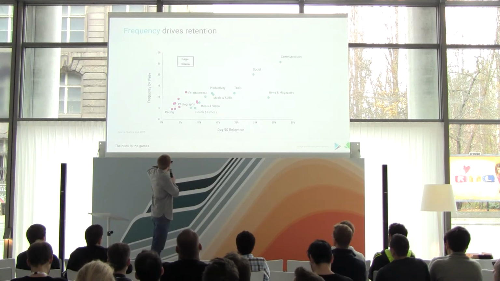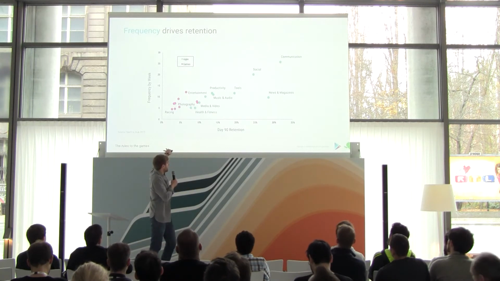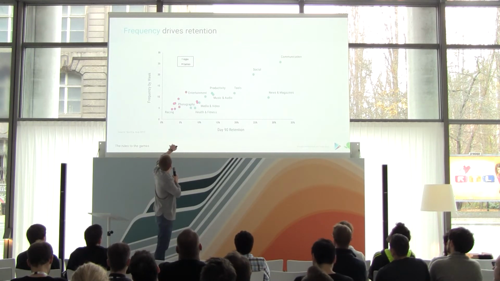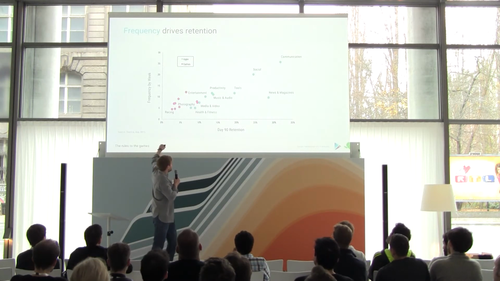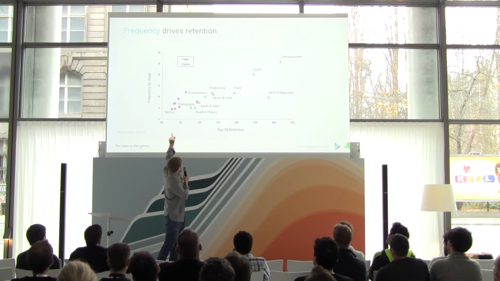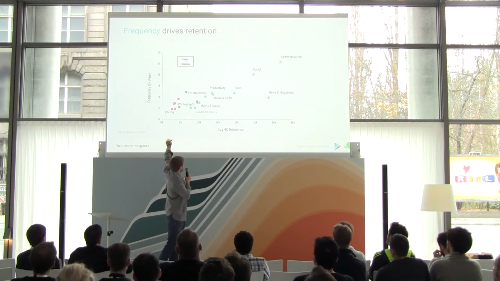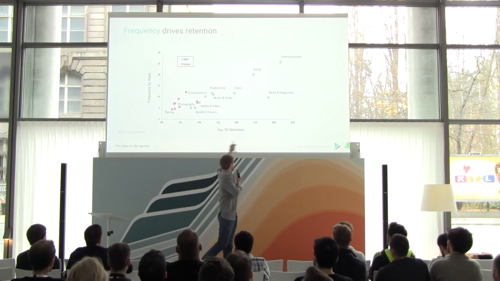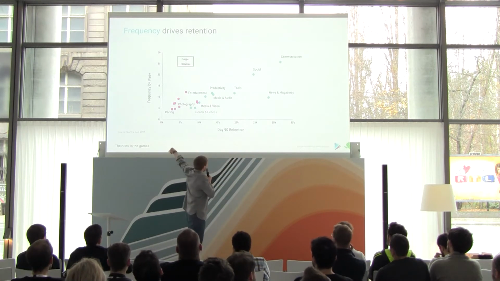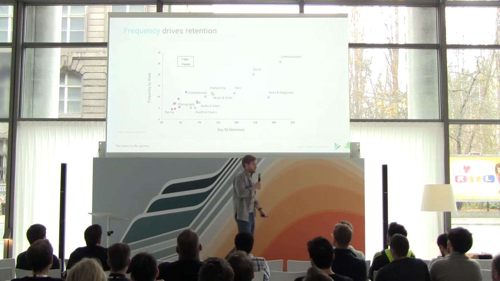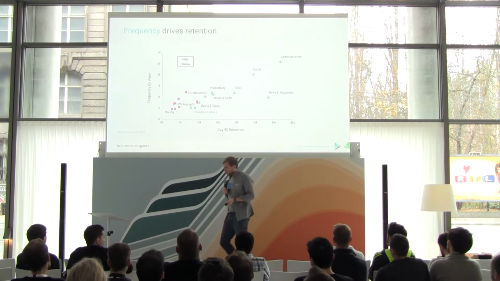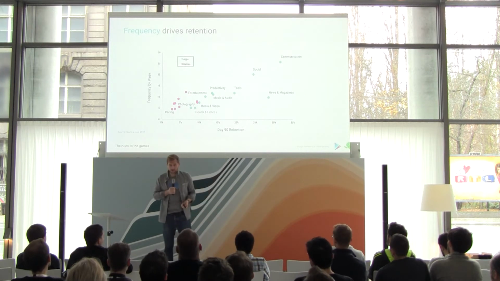Again, data by Quettra, you see long-term 90-day retention, how many users stick with an app, by how many times a week they use it, and you see how it's a linear curve, right? If, for example, a communication app is used many times a week, it has a high retention after 90 days, and you have examples on the other end as well. So it's quite a linear curve. So actually, creating frequency is really important for your retention. Retention is really important for your lifetime value and so